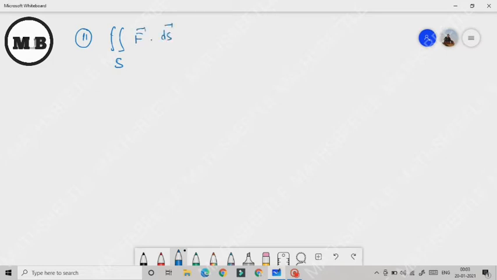You just try to find the value of this, where F is the vector 4xz i minus y square j plus yz k. And S is the surface